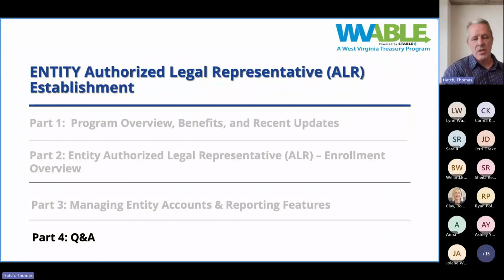And essentially what you would do is set up the structure, and then you would have multiple primary agents. So you'd have one primary agent for this county, one primary agent for that county, and so forth. And those individuals would have login access only to that subset of accounts for that particular county.